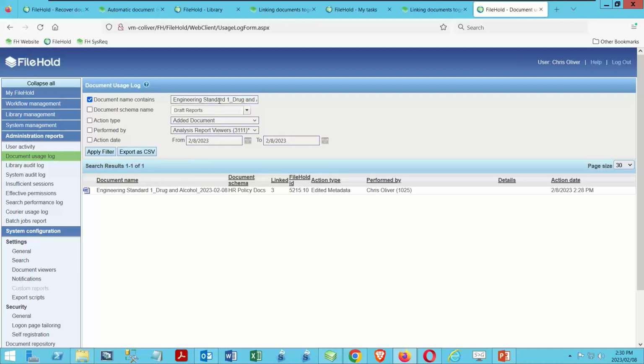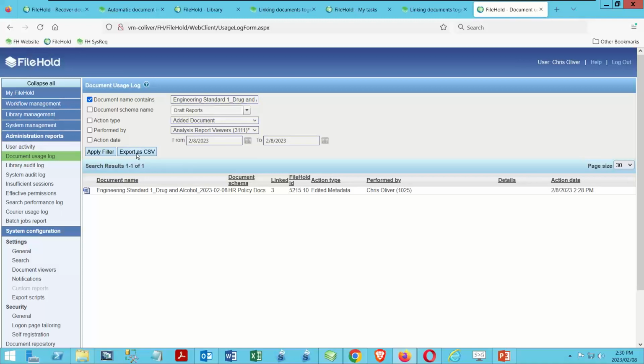Because this file has a different name than the one that we had before, we don't see a complete audit record for that. I'd have to be a bit more general with it. Likely what you're going to want to do is come into this and see what the actions were, or who performed it, or a date range for when it may have happened, or a value that the name contains. This is the way to get the larger record of all activities, and as always, we could export that as